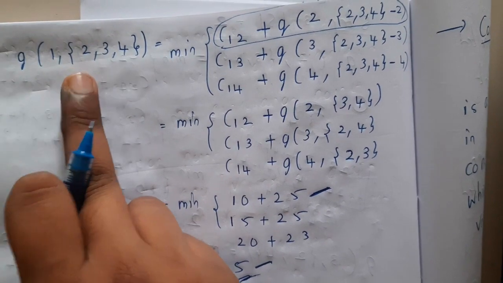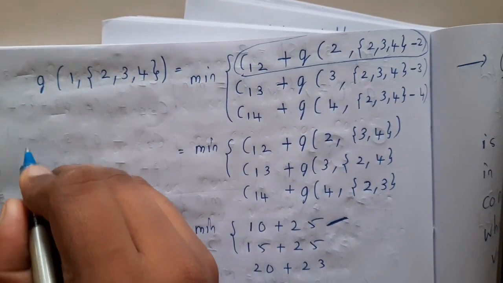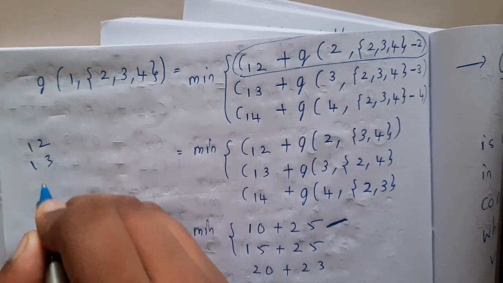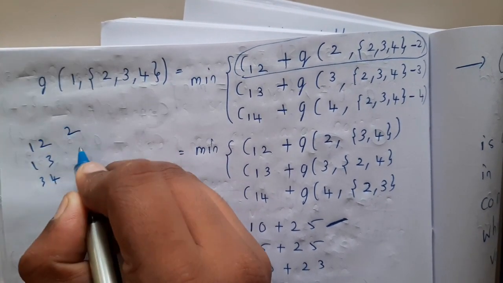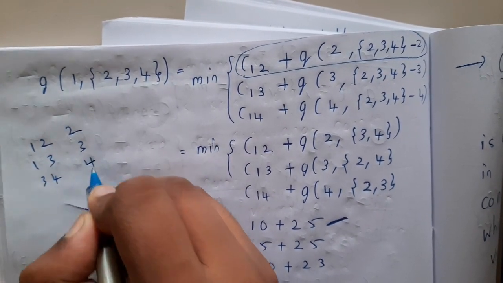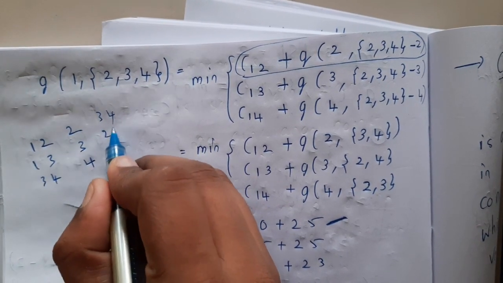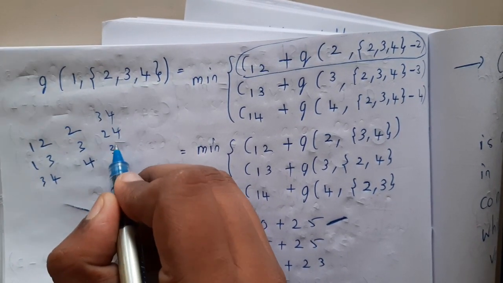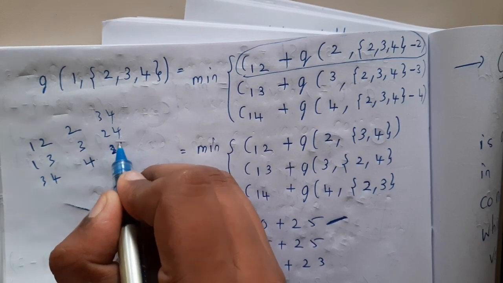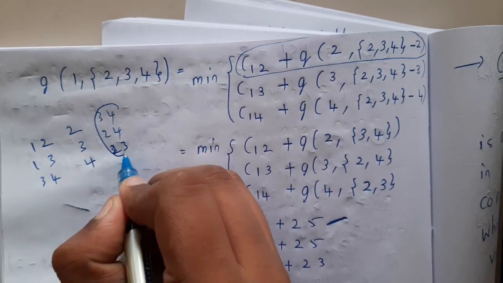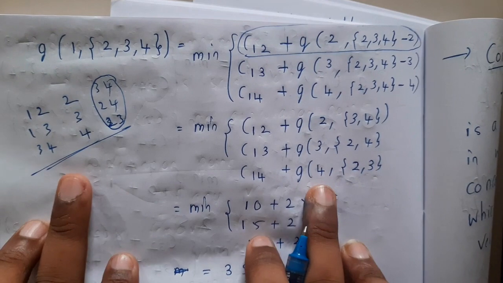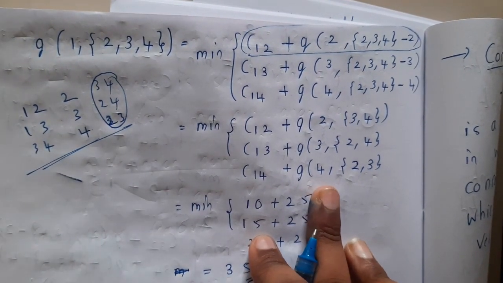So basically, you will be writing the combinations in this way: 1 2, 1 3, 3 4. What we selected? We selected 2, we selected 4, we selected 3, we selected 4. What we did not select? 3 and 4. What we did not select? 2 and 4. What we did not select? 3 and 2, or 2 and 3. So these are pairs. In this way that's what it is written here. So in this way we will be solving it, guys.